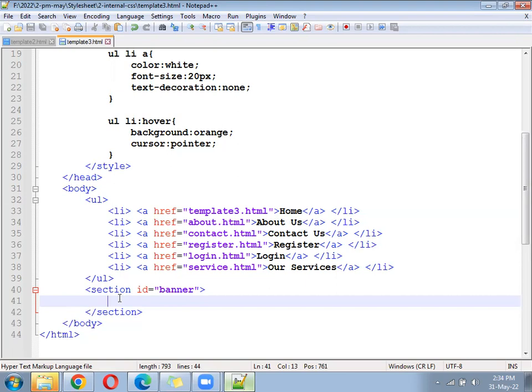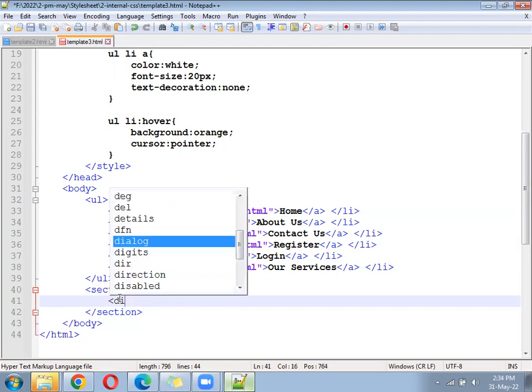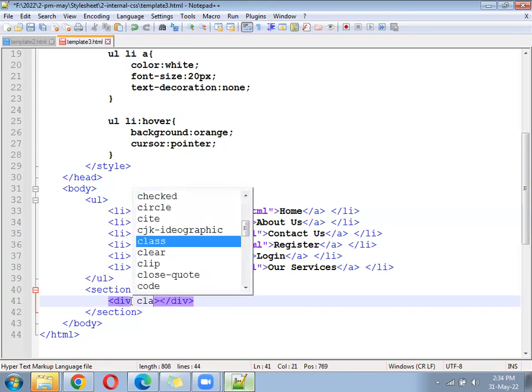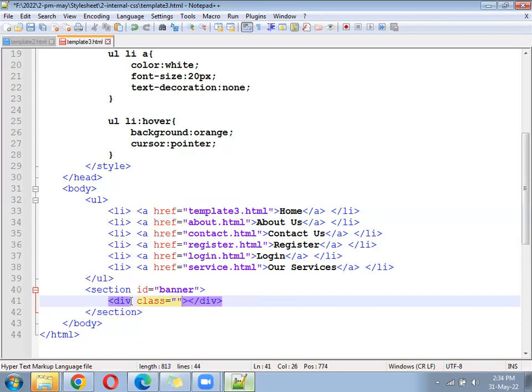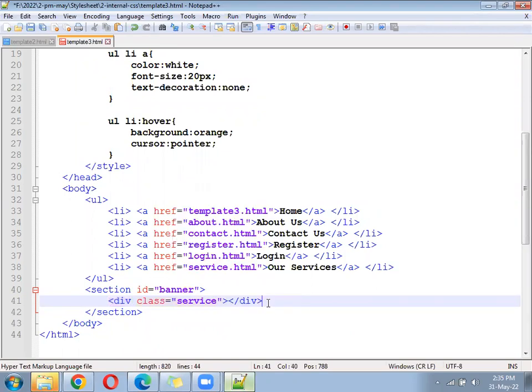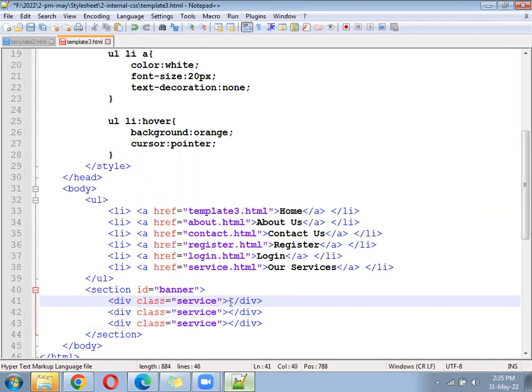Inside the banner, we will write a division. Class equal to service 1, or service only you can give 1, 2, 3.